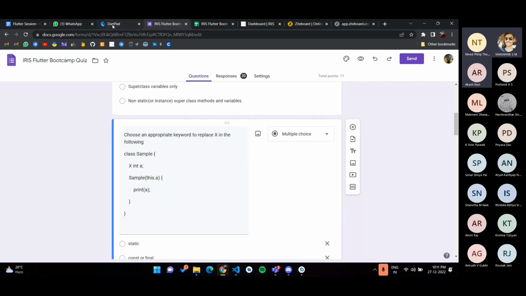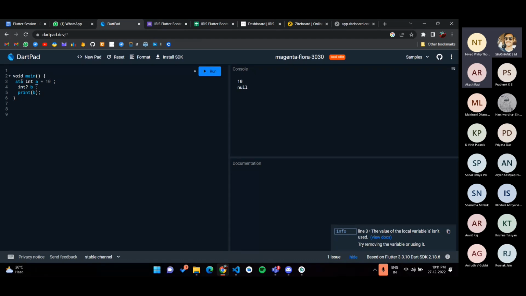And then you can't use static also. Let's say I'm using static over here, because the thing is,